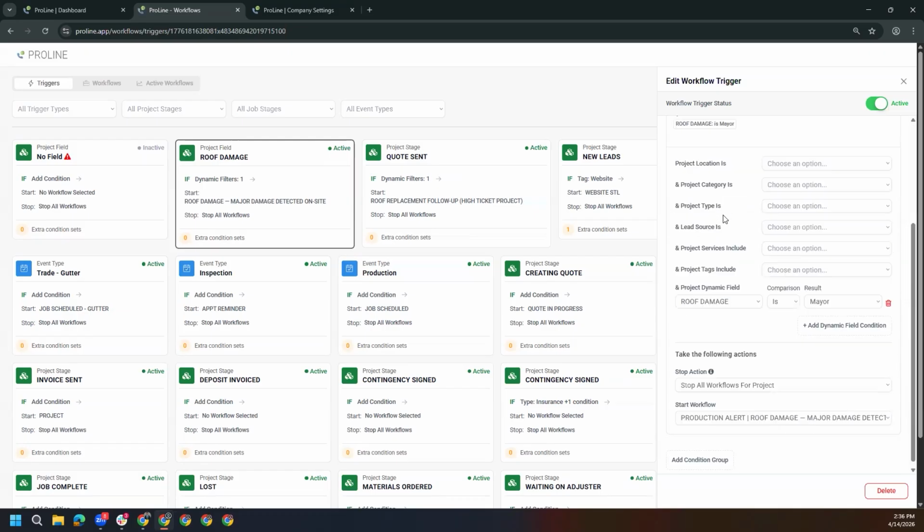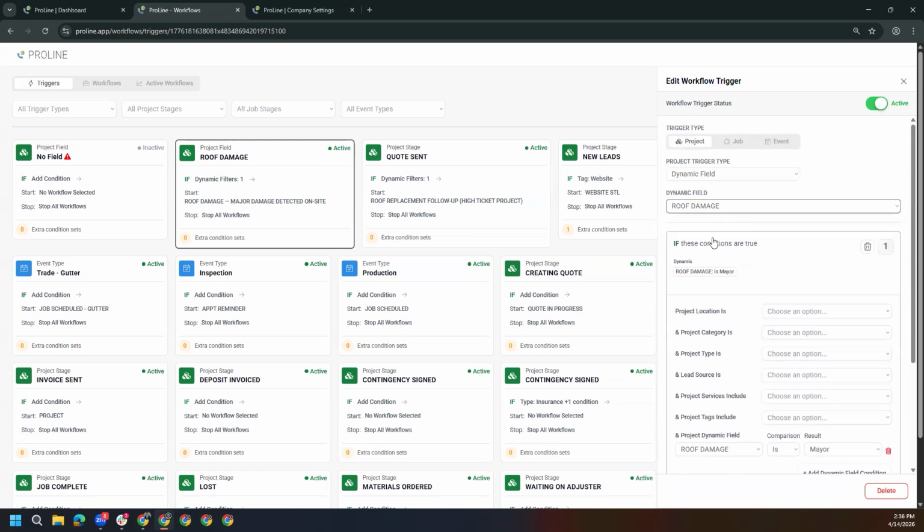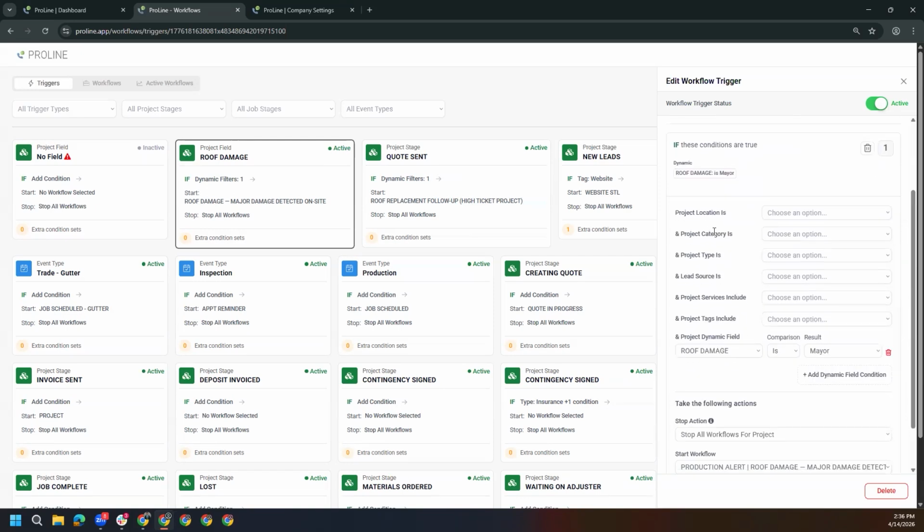And I'm going to say, okay, whenever this dynamic field is being used and it's being modified, the value is being changed to something like major, critical, or minor, I want a specific workflow to start, right? Workflow, and then the automations are within the workflow. So whenever, within a project, if I change the dynamic field value for this one specifically to major, it's going to